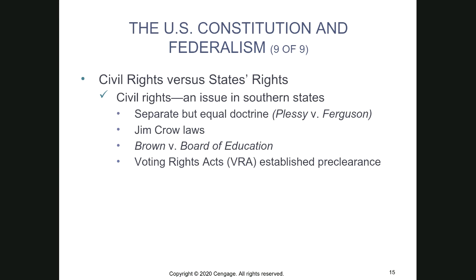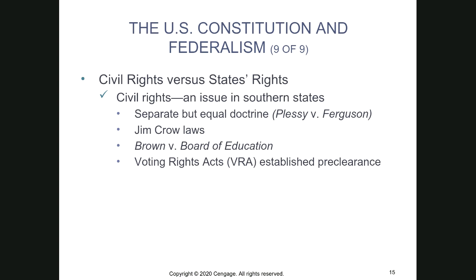Another area that we saw the states start to push back on with this whole federal government telling them what to do was with the Voting Rights Act, which you're going to see abbreviated as the VRA. The VRA established this concept of preclearance. Preclearance was any administrative or legislative change to the rules governing elections in covered states, and it had to be submitted for pre-approval to either the U.S. Department of Justice or the U.S. District Court for the District of Columbia.